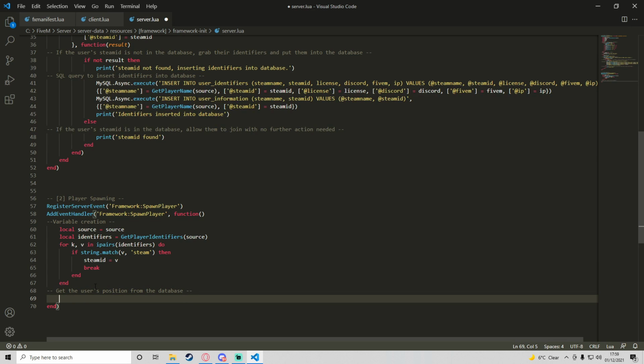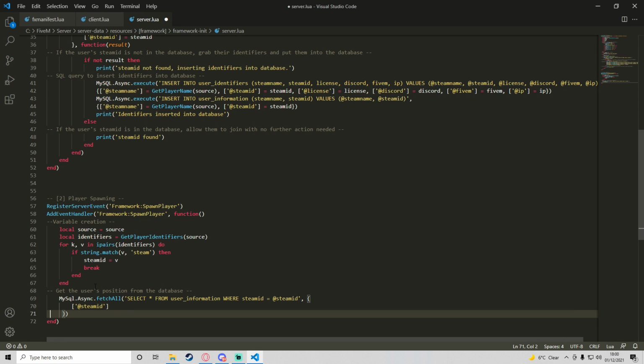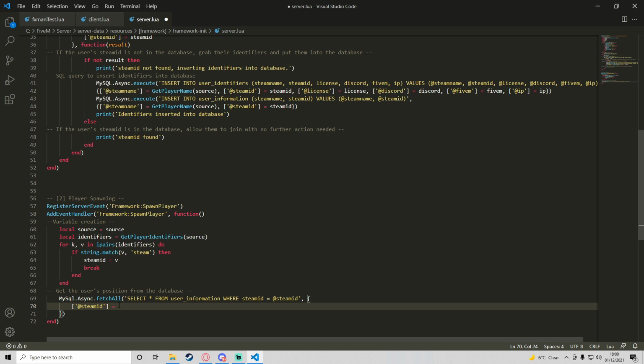So then we're going to do a fetch command from MySQL. So mysql.async dot, I believe it's fetchAll with a capital A, and then it will be select asterisk from user_information where steam ID is equal to @steamID, and then we're going to do a comma and then an open curly bracket here, and we're going to take this down, and then inside of here we're going to do a square bracket and then @steamID. @steamID is equal to steamID,